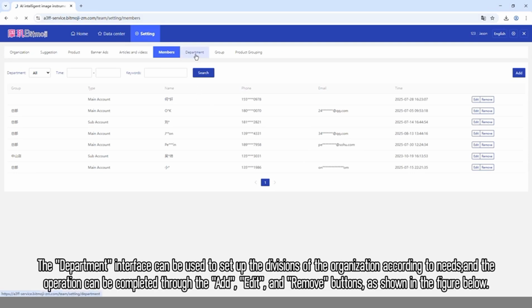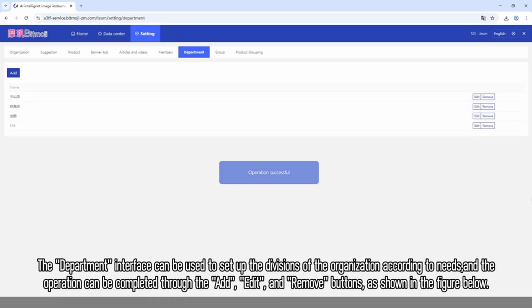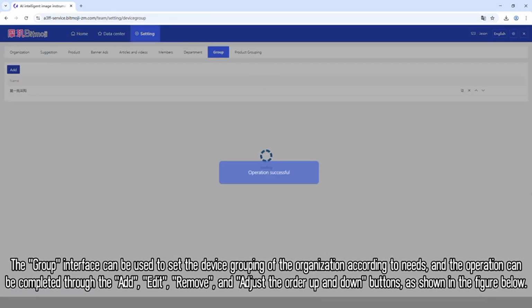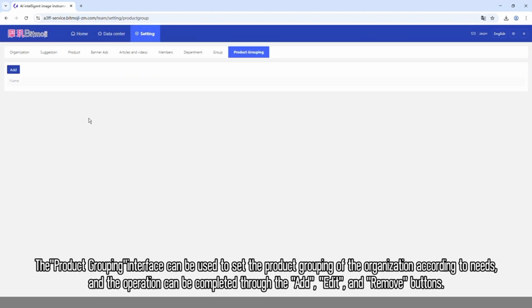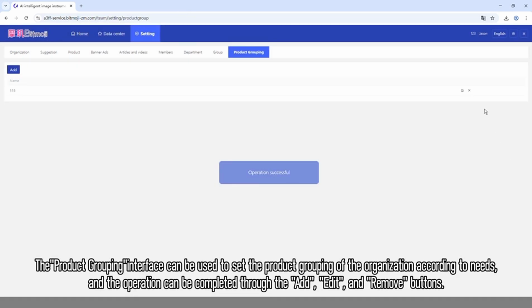The department interface can be used to set up the divisions of the organization according to needs, and the operation can be completed through the Add, Edit, and Remove buttons, as shown in the figure below. The group interface can be used to set the device groupings of the organization according to needs, and the operation can be completed through the Add, Edit, Remove, and adjust the order up and down buttons, as shown in the figure below. The product grouping interface can be used to set the product grouping of the organization according to needs, and the operation can be completed through the Add, Edit, and Remove buttons,